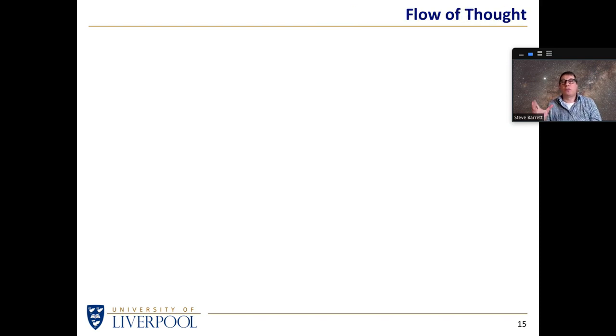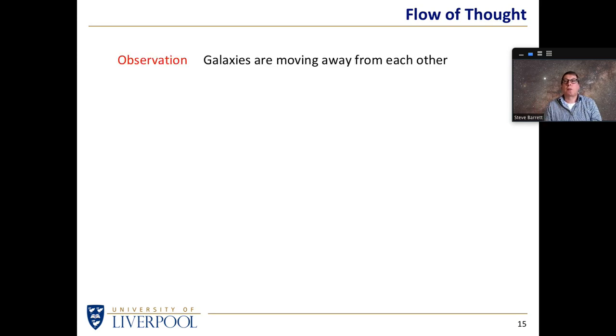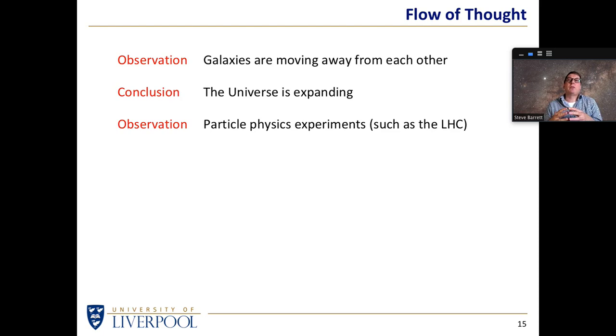So there's a flow of thought that we can follow when we're thinking about the universe. As of 100 or so years ago, we've realized that when we look at galaxies, they're moving away from each other. And so we conclude from that that the universe appears to be expanding. We can also do experiments here on Earth. We can bang rocks together, or we can fire fundamental particles at each other and see what happens. We can get an idea of what the world is made of, what the Earth is made of, and presumably what the Moon is made of, and what the Sun is made of, and what the Milky Way is made of. We can do experiments here on Earth that tell us about the fundamental building blocks of matter.